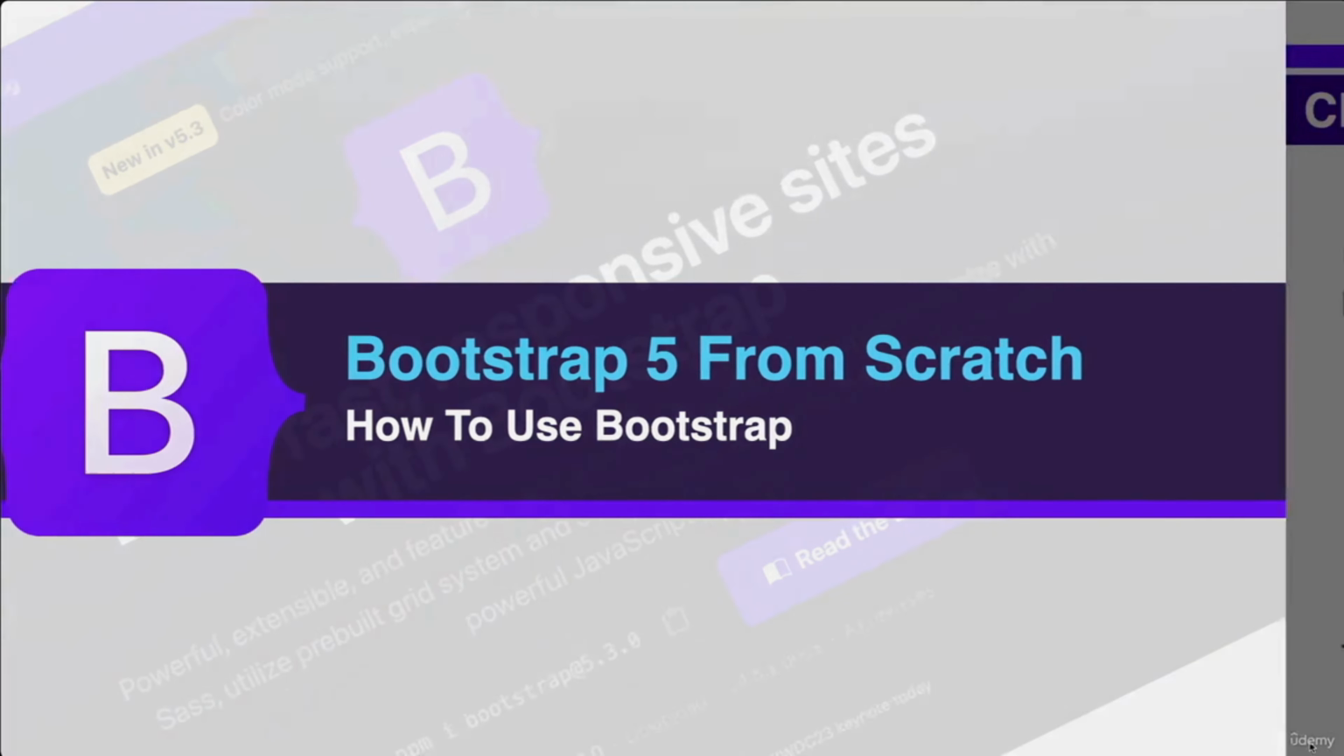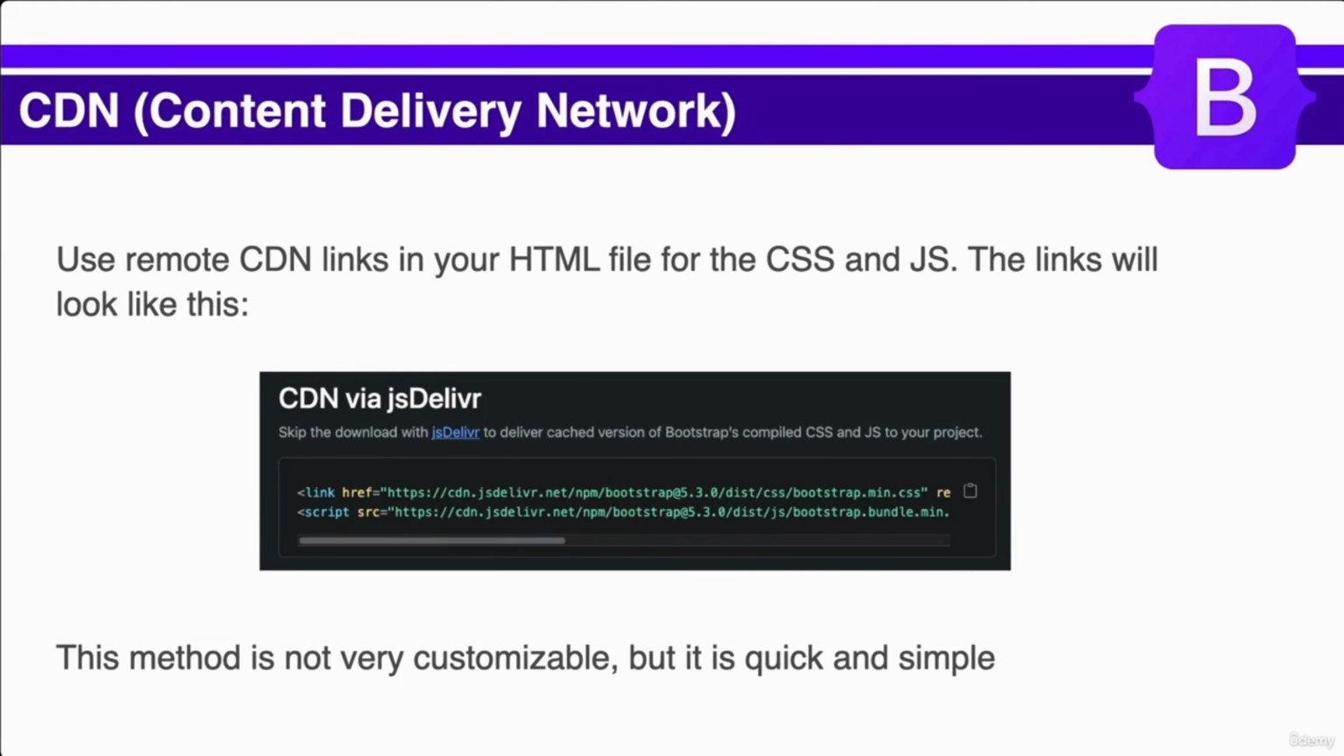So the first way is using a CDN, a content delivery network, where basically you include the Bootstrap CDN links into your HTML, and this includes the CSS and the JavaScript files, and you include them directly from a remote server. And this is the easiest and quickest way to get started. So the links will look something like this. You'll have a link tag with a CSS file called either bootstrap.css or bootstrap.min.css. And then you'll also have the JavaScript, which will be in a script tag, and that will typically be